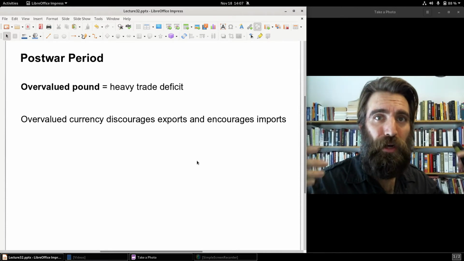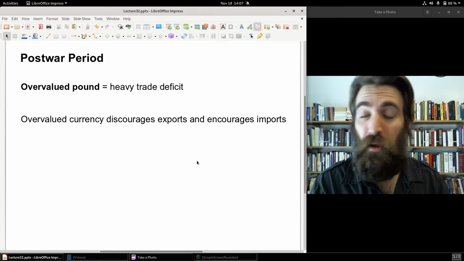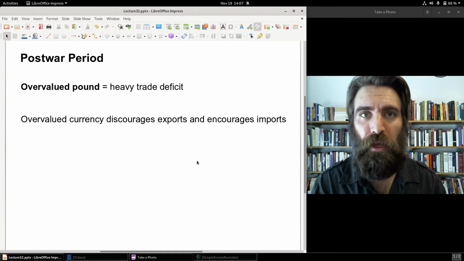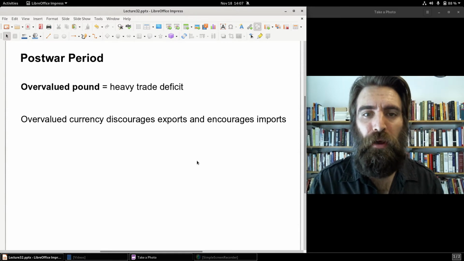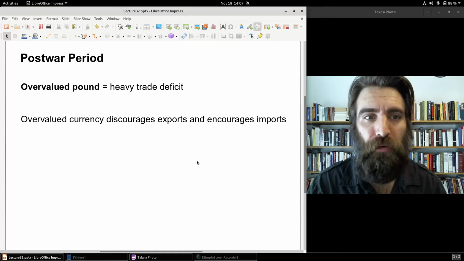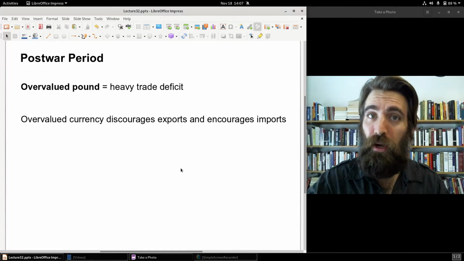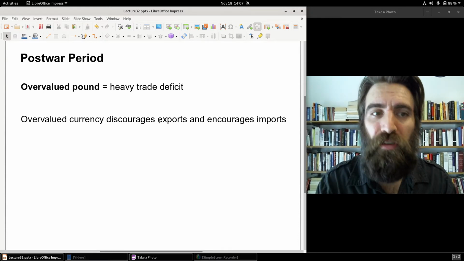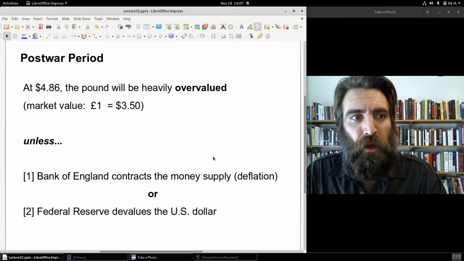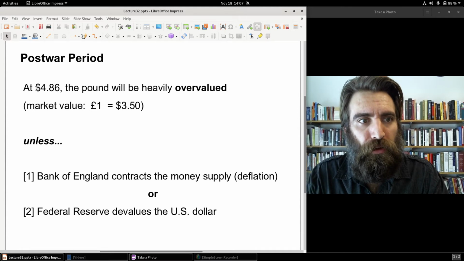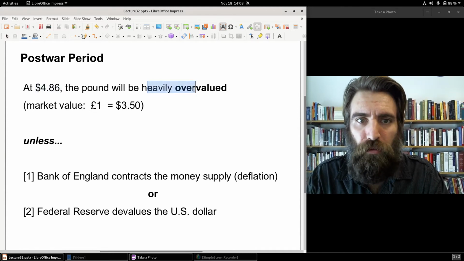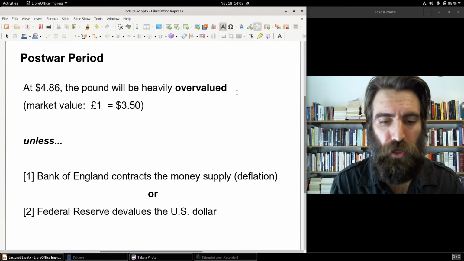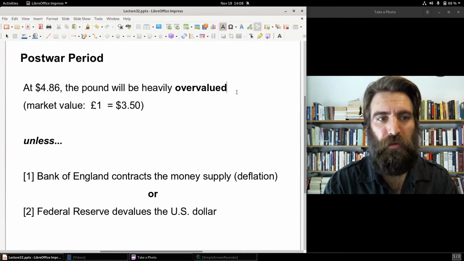By the way, if you hear of a country undervaluing its currency, like, for example, China has been notoriously participating in that, manipulating its currency to undervalue it, you have the opposite effect, where you have big trade surpluses, where exports are encouraged and imports are discouraged. So, again, at 4.86, the pound would be heavily overvalued with all the effects I described, gold being shipped out of the country, heavy trade deficits, unless